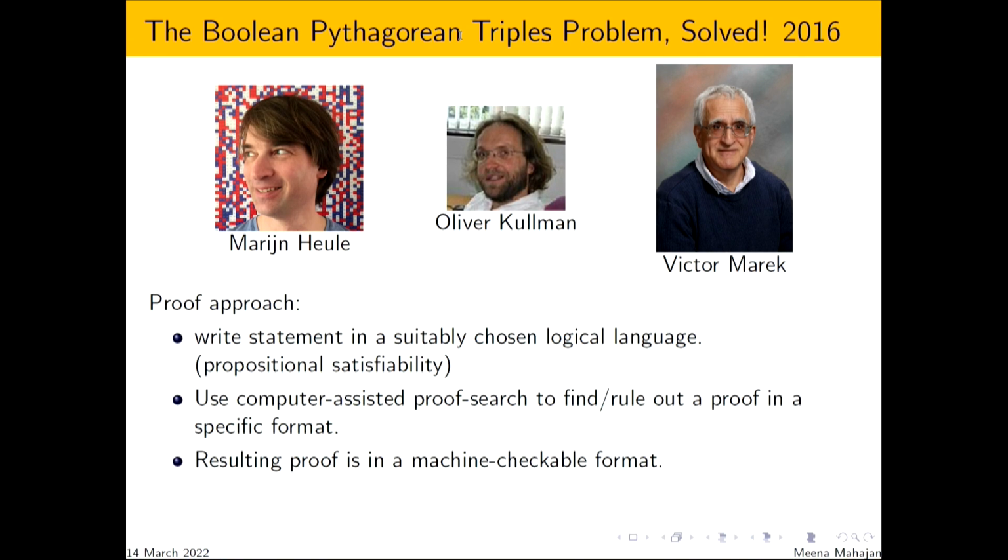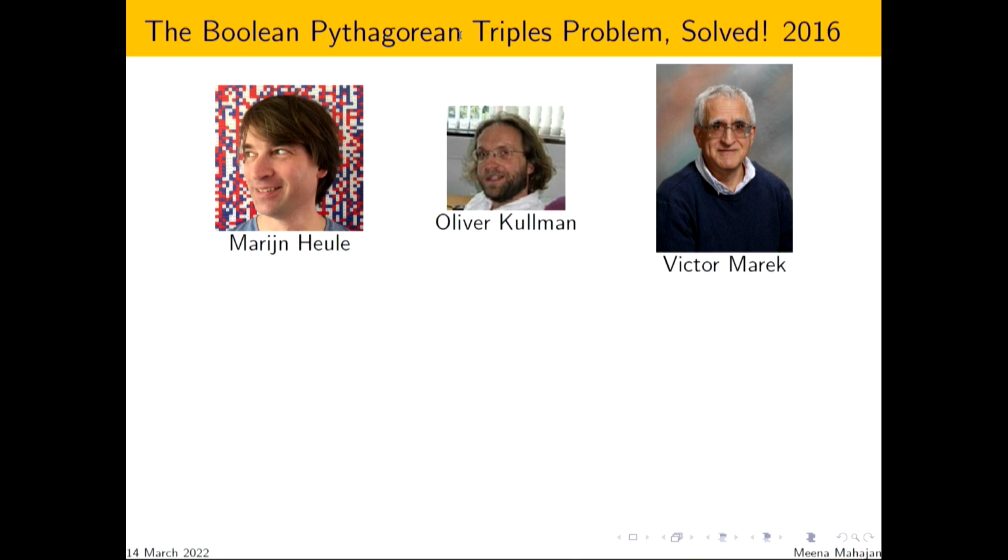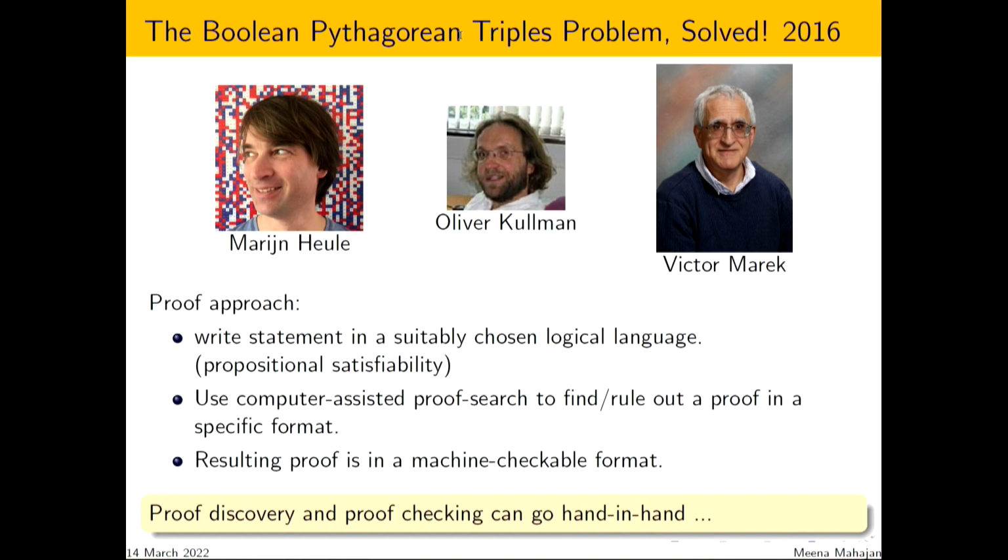and then they did get a resulting proof, and that resulting proof was huge, but it was in a machine checkable format. And then that proof which was generated was fed into a program checker which could actually check that every step of the proof was correct. We'll come back to this a little later. At this point, I just want to say that proof discovery and proof checking in this process actually went hand in hand. It's not that there was one set of procedures used to discover the proof and another set of procedures used to check the proof. So discovery and checking